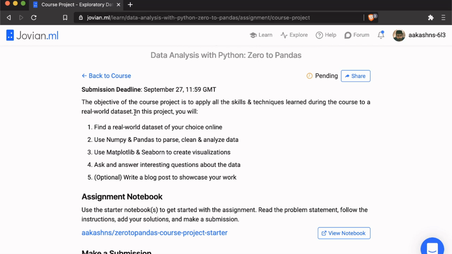You can end up drawing dozens of different types of graphs and answer many different questions. You can combine data from many sources. So use this to really practice all the skills that you've learned. Don't take it as something that you just have to submit. Take it as something that you will showcase on your portfolio. And we'll tell you a lot about how you can showcase this on your portfolio later on your LinkedIn profile or elsewhere.